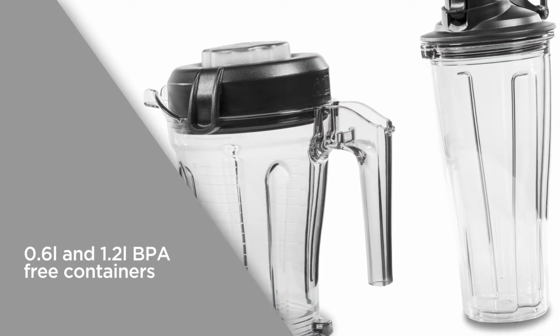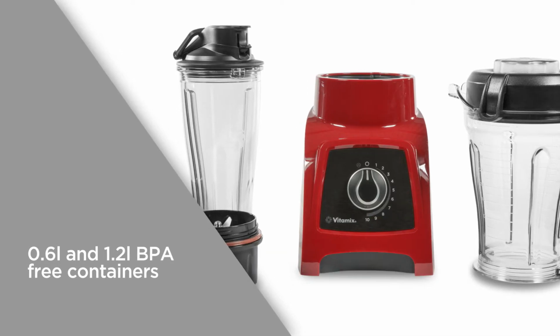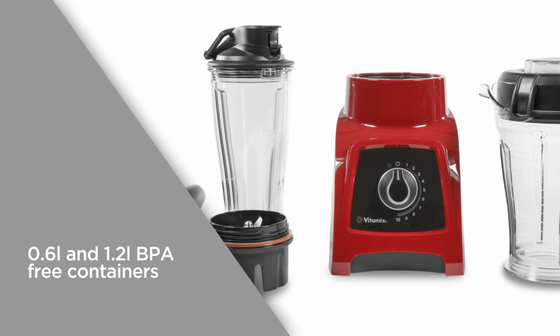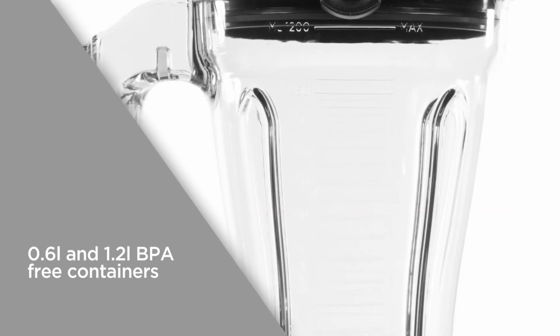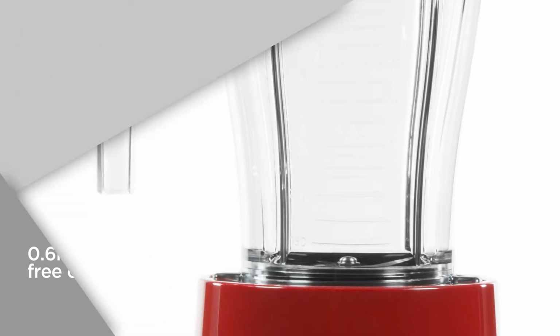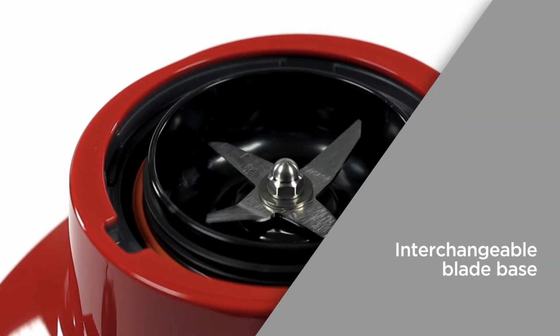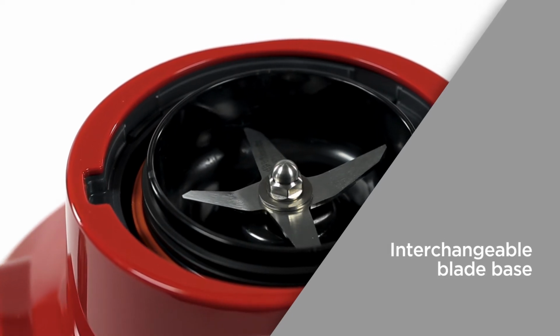The 0.6 litre and 1.2 litre BPA-free containers provide blending versatility. The smaller container becomes an instant travel cup, and the larger is ideal for creating small family meals of soups, sauces and more. With interchangeable blade base and a powerful motor, the blades can easily attach to both containers to